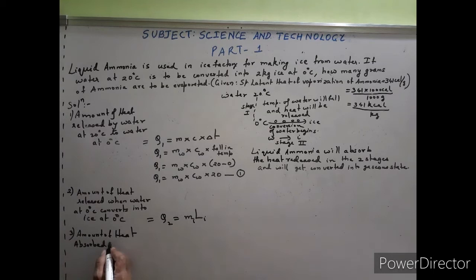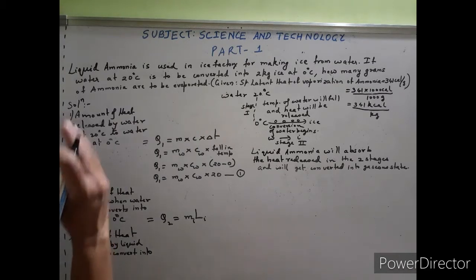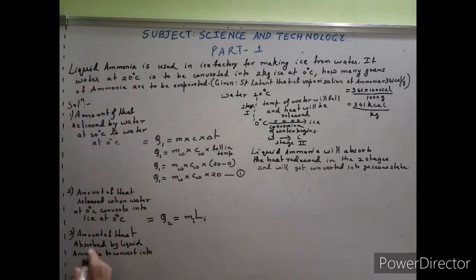So amount of heat absorbed by liquid ammonia to convert into gaseous state. वो heat absorb करके वो gaseous state में convert हो जाएगा and will escape into the air. So gaseous state, evaporate हो जाएगा वो. So that is given by say Q3,